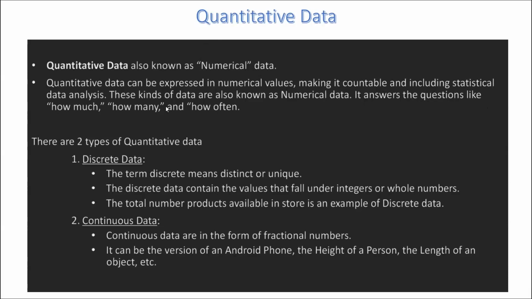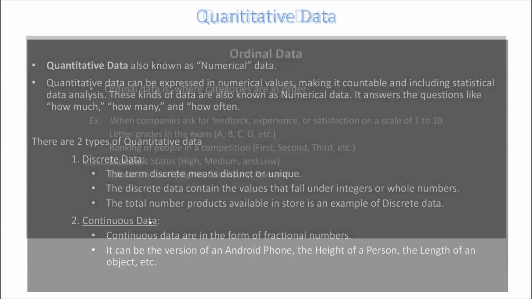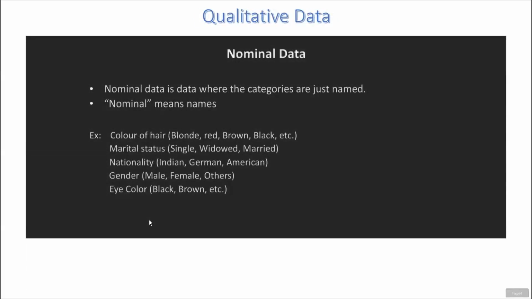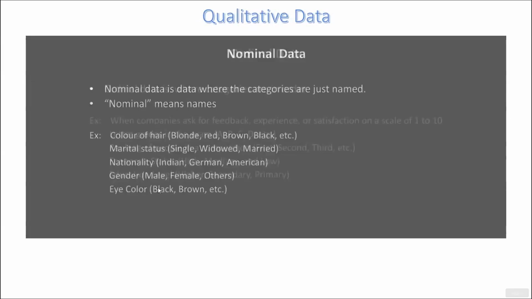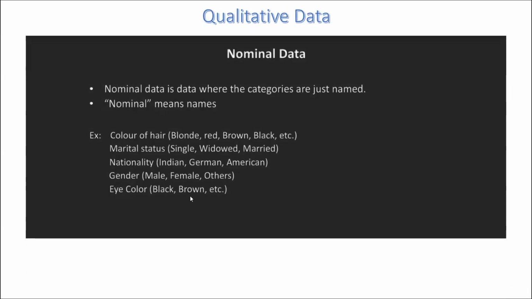We divide this quantitative data into two different types: discrete data and continuous data. Discrete data has some relation to nominal, but there the values are words and categories which couldn't be calculated. Here in discrete data the values are calculable, but in both cases the data is discrete. Let's see how. In nominal data the values seem discrete because they have a unique structure and are in the form of words.